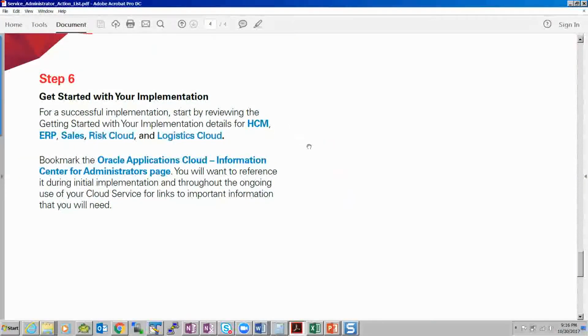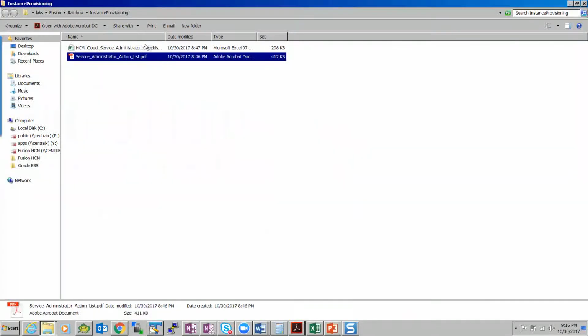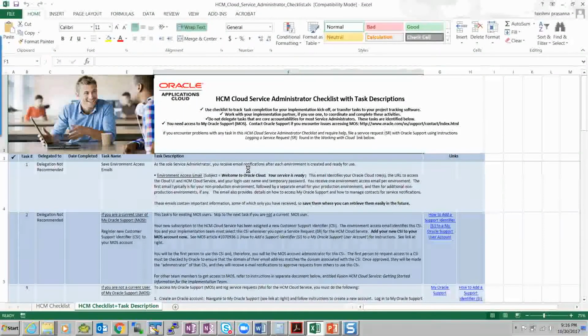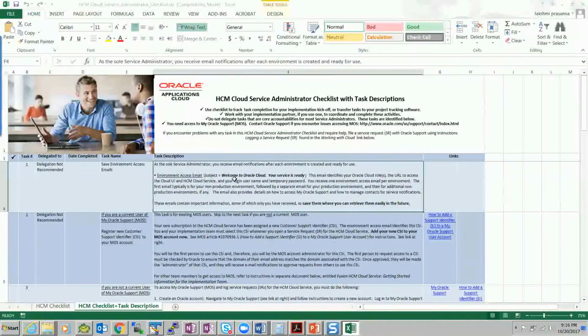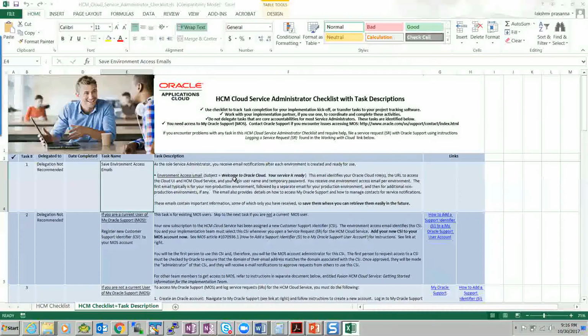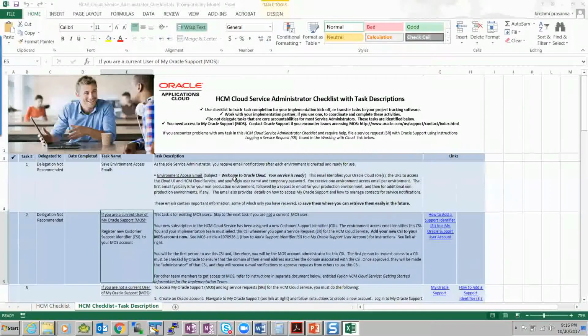For example, if you bought the HCM module, then if you click on that link, it will go to your Metalink, which will have this Excel sheet. You will open this Excel sheet. This is the typical HCM Cloud Service Administrator checklist. This is the typical checklist that the cloud administrator, our company service administrator, should follow. Okay, so it's also the same thing we have seen in our main checklist: save environment access and emails, because whatever emails you have received at the beginning, make sure you save them, and whatever links are given, make sure you have saved them. And if you are not registered in My Oracle Support, go ahead and register for